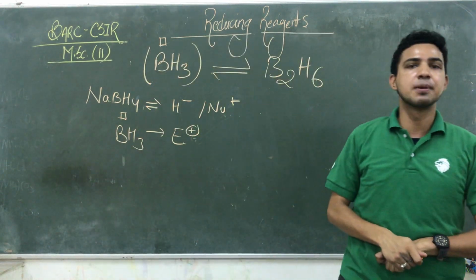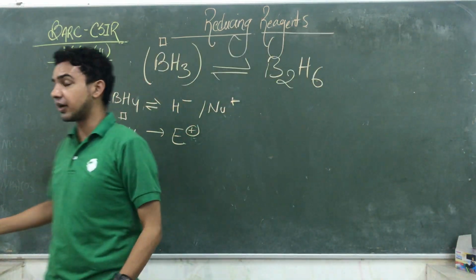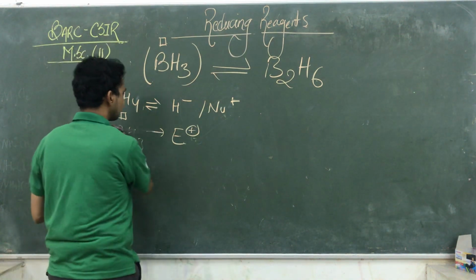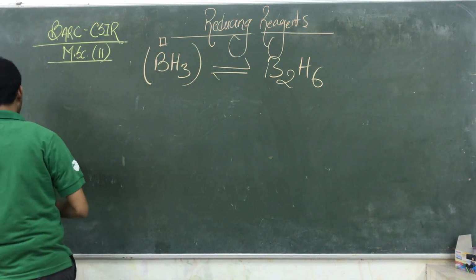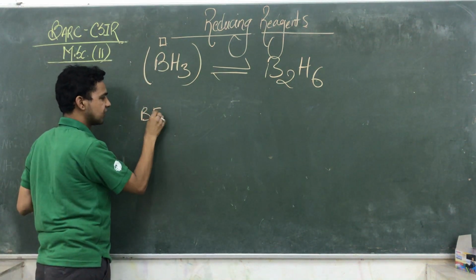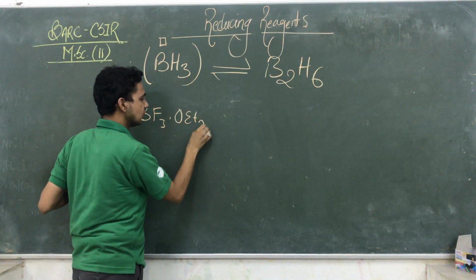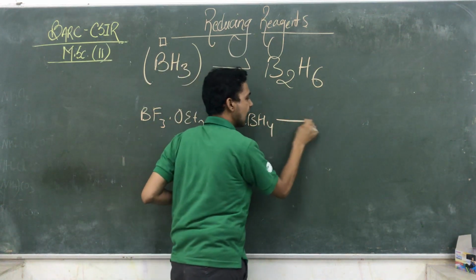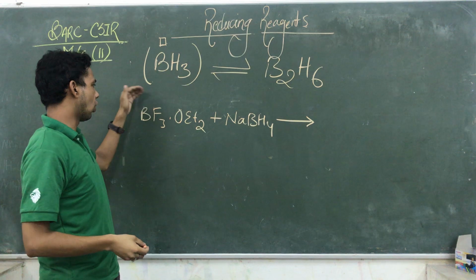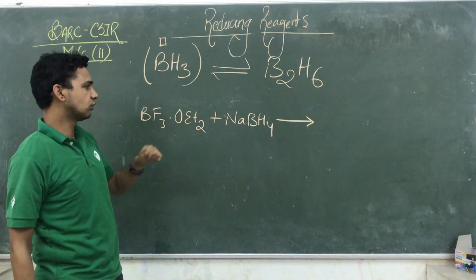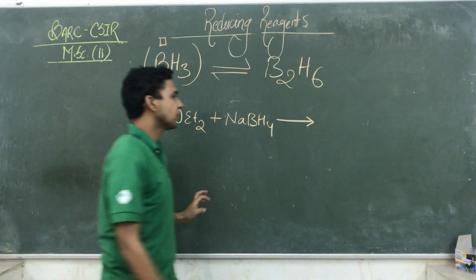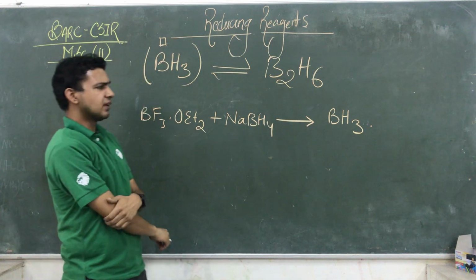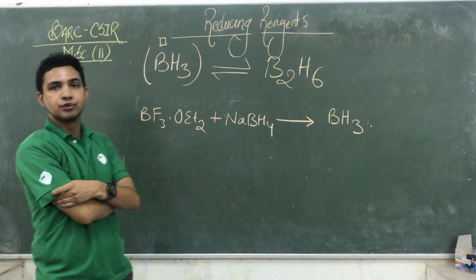How is BH3 prepared? BH3 is generally prepared by the reaction of trifluoroborane with sodium borohydride. It is a general preparation method for borane, that is BF3.OEt2 etherate. Here it is reduced by, or reacting with, NaBH4 at controlled conditions. Here all the F is removed and replaced by hydrogens, and F combines with the other one. So they give you BH3. So that is the preparation method of this reducing agent.